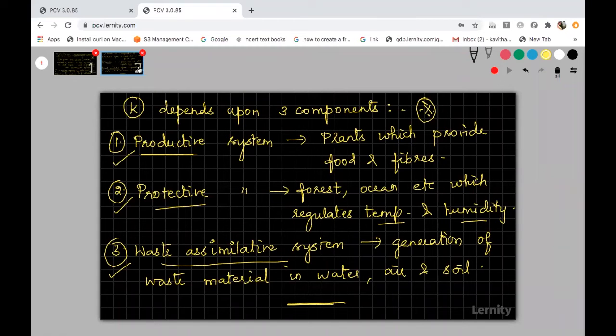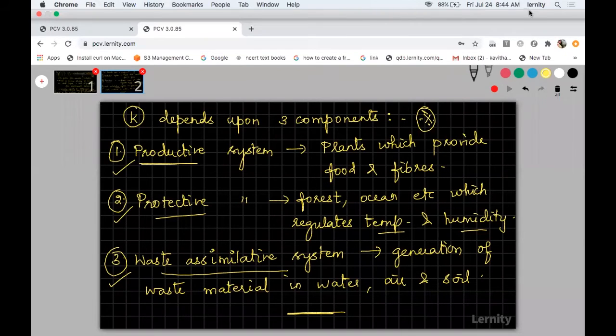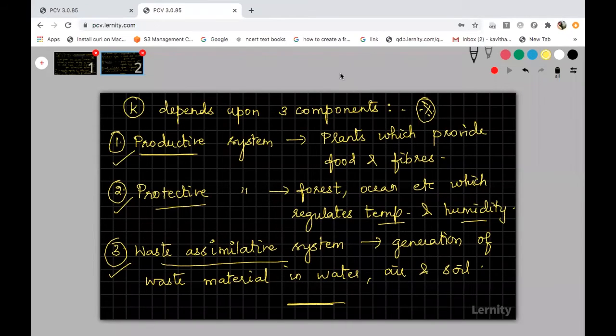So please copy these two slides, students. Then we can move on to the last topic in your population level. This is the last topic; with this topic, this chapter will get over. Still we have 15 minutes, so we can discuss this topic for 15 more minutes. Then by sharp 9 o'clock, we can start the revision.